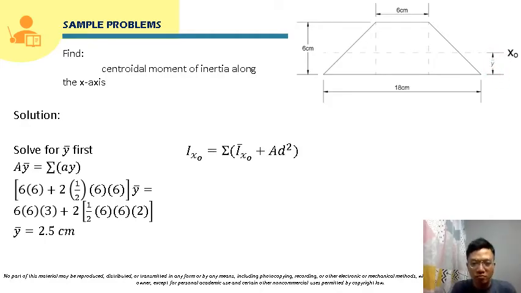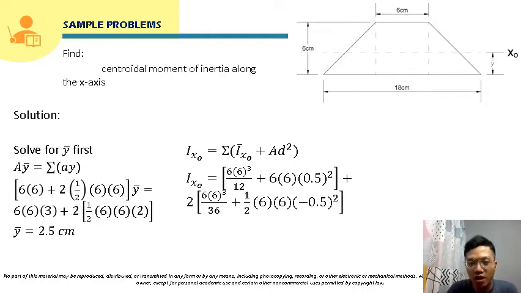We can now solve for the moment of inertia with respect to the x-centroidal axis. Since this area is composed of a triangle, a square, and a triangle also, we will use a summation of the centroidal moment of inertia of each shape plus their transfer term, if needed. In this case, for this square,